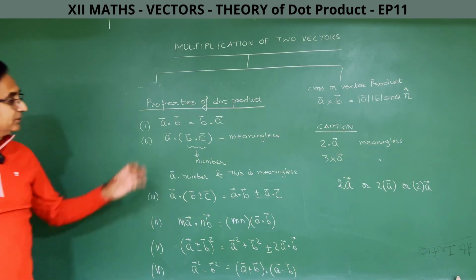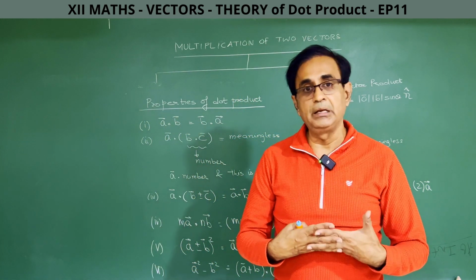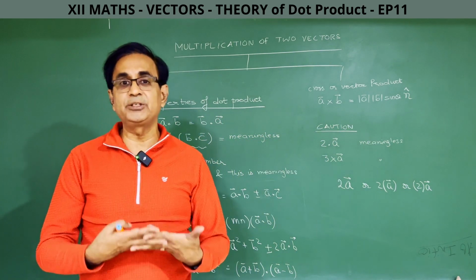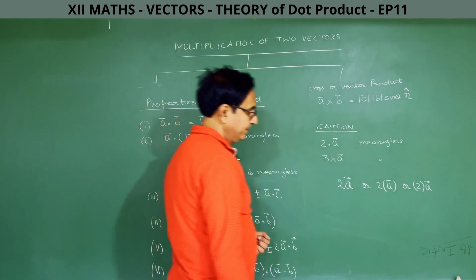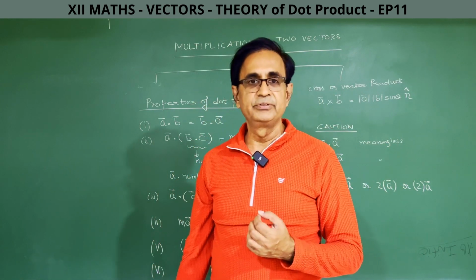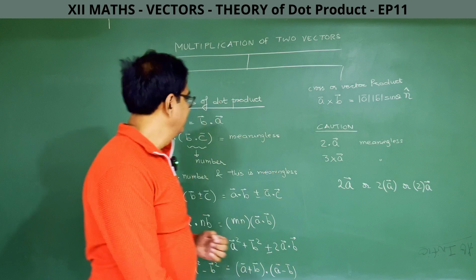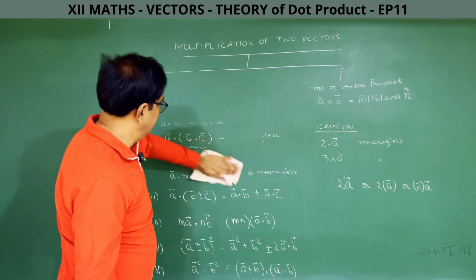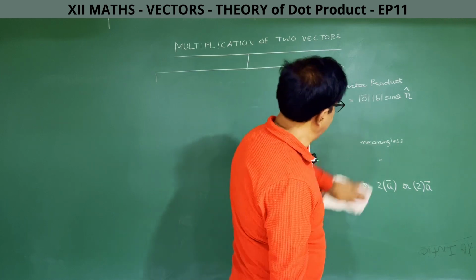Alright. So this is the theory of dot product, but we are still to come to that part of the maths where we are actually going to do the numericals. This is okay, good for theory, but you can't do any numerical with this theory. Now you know what is the actual part of dot product? When the vectors are given in terms of I, J and K, then how do I find A dot B? Okay, so if I give you vector A and vector B, then how do we find A dot B? That is the portion with the help of which you are going to do the numerical.